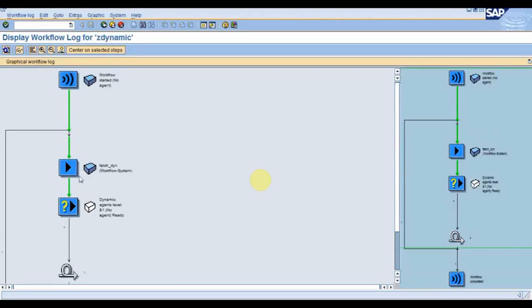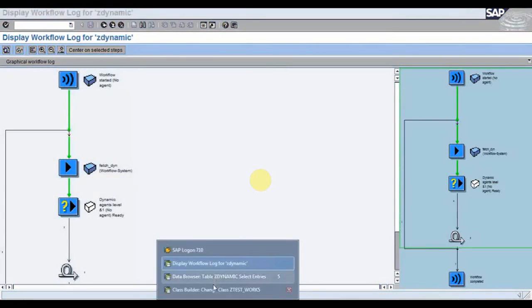Here the first step has been executed, which is responsible to fetch the agents from the database, and you can see in the next step it is in ready state because the X agents had the value LKDIA. So I have only received this work item. Also this first step has checked that final variable because the next level doesn't exist in the database, and we have written the logic accordingly. Let me show you that logic as well.